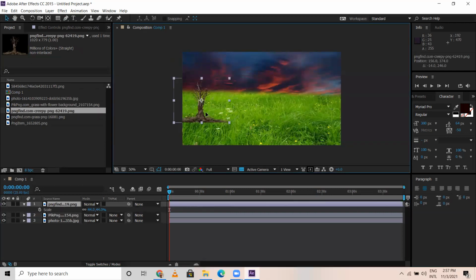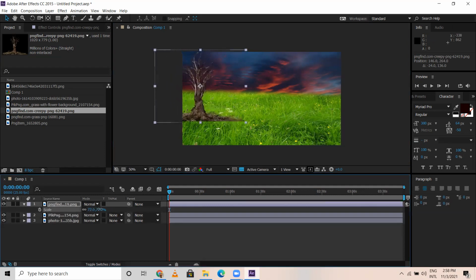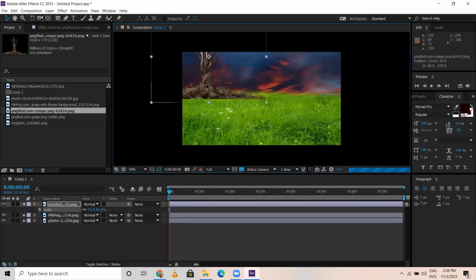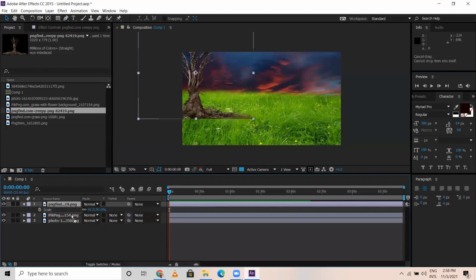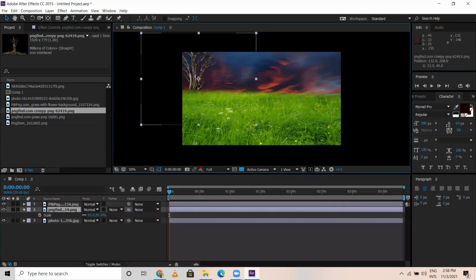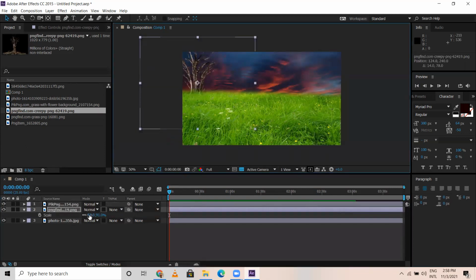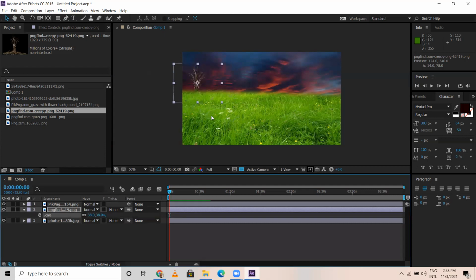If I press S for scale, you can make it a bit bigger, somewhere like this. Okay, let me just place it behind. So if I make this smaller, it seems like it isn't far, a distance.